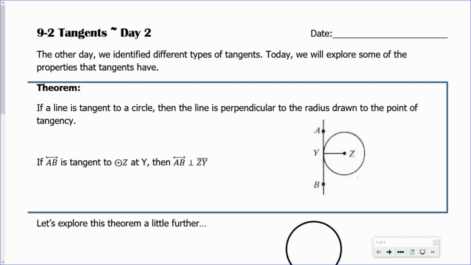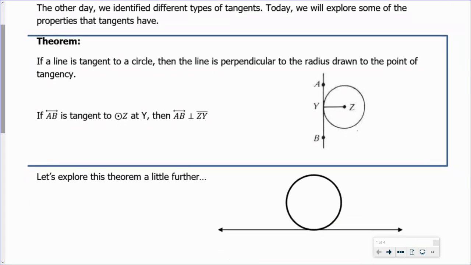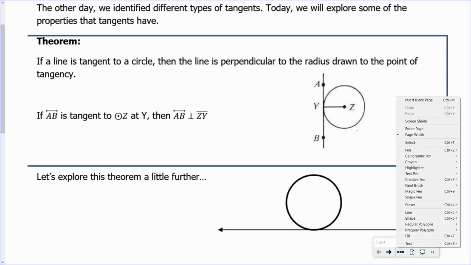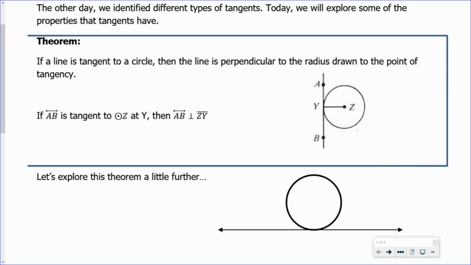So let's get started. The first theorem that we're going to study states that if a line is tangent to a circle, then the line is perpendicular to the radius drawn to the point of tangency. The diagram illustrates what's going on here. Line AB is tangent to circle Z at point Y. So the radius YZ and that line are going to form right angles at that